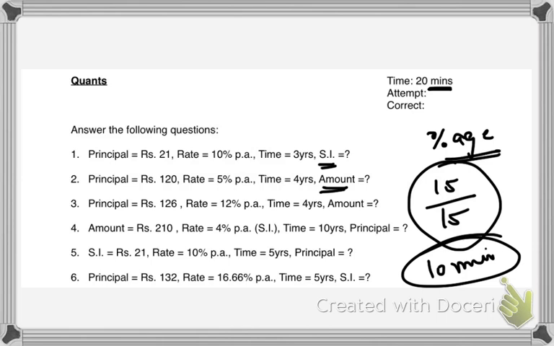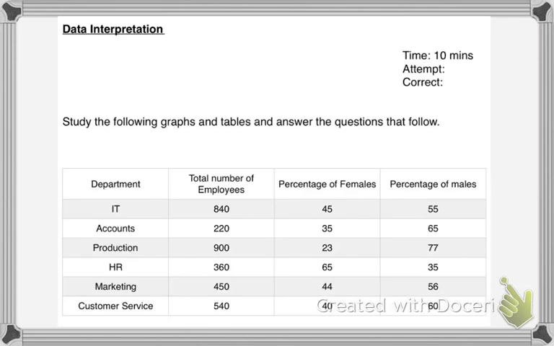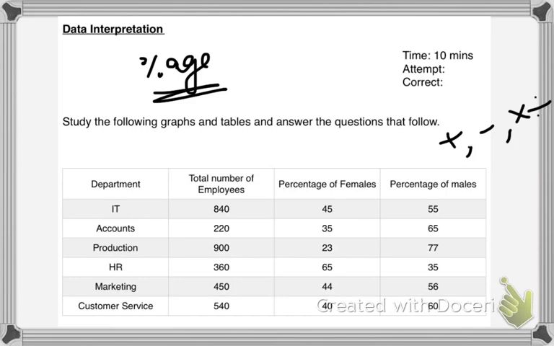Now moving on to your data interpretation section. Now this is your data interpretation section, and you were given 10 minutes. There were 5 questions, and it was the easiest of the DIs. So this was the data given to you, and again pointing out that DI is always based upon percentage, so make full use of your percentage chart in DI, especially DI. And you need to be good with just plus, minus, multiplication and division in this, because DI is generally scoring and calculation based, as you all know.